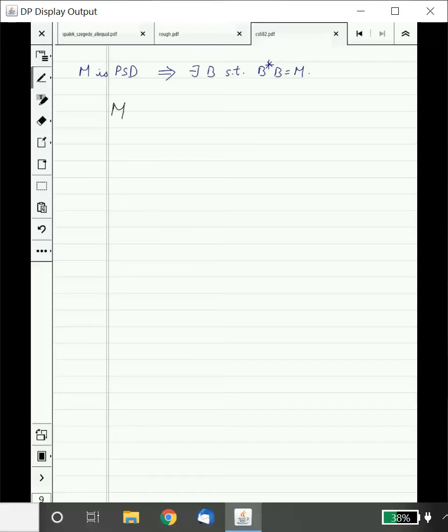M can be written as summation lambda i Vi Vi star. Remember, lambda i's are positive and Vi's form an orthonormal basis. Given this, I want to show that M has a square root. First thing would be to break up lambda. So define Yi to be the vector